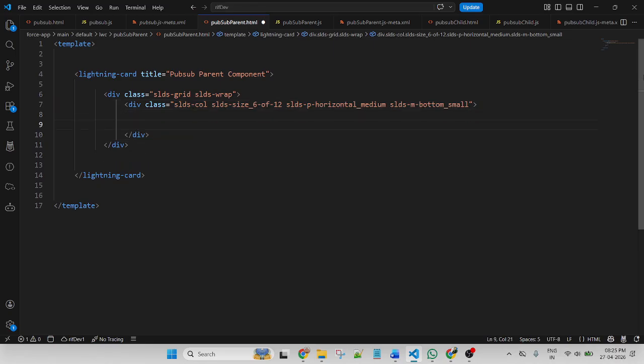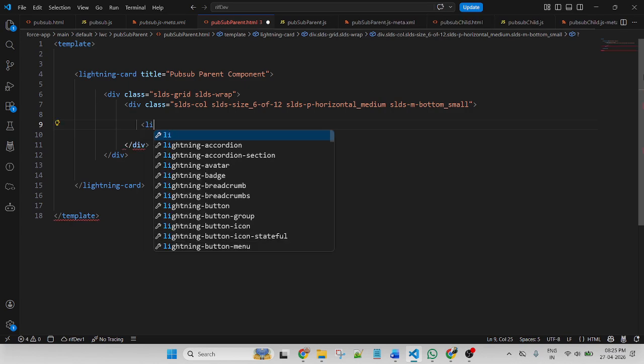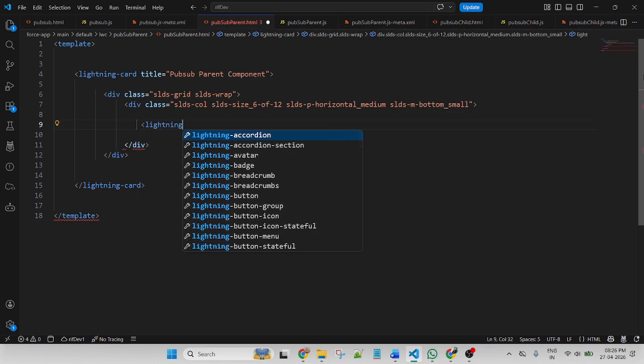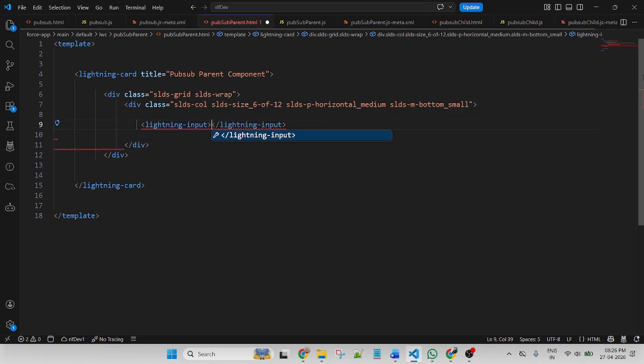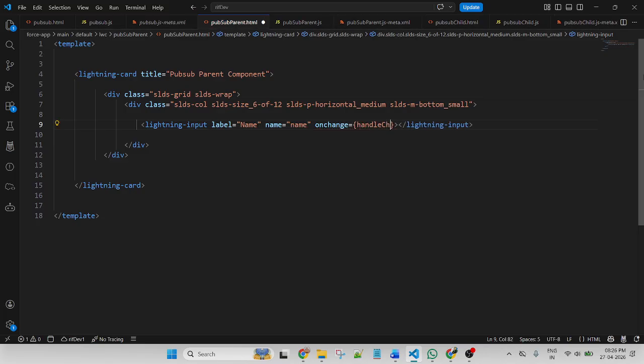Here I will use lightning input, label, name equal to name, onchange equal to, this is a function to get the current value, enter change.